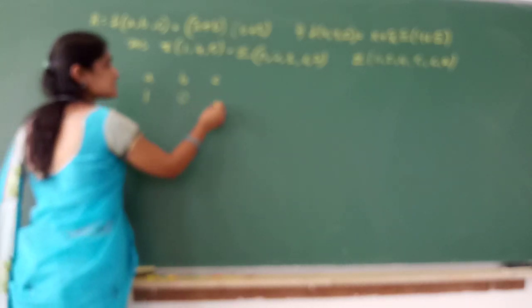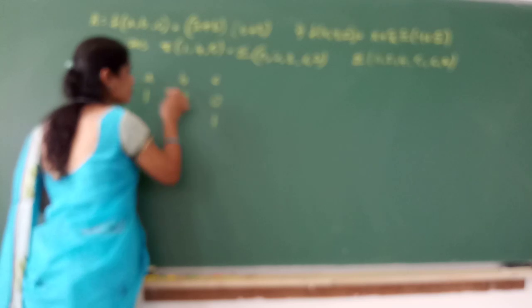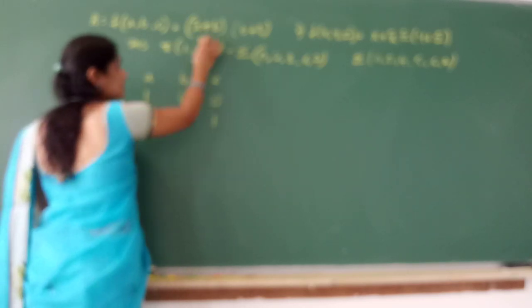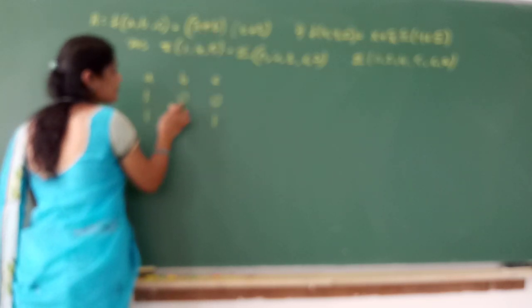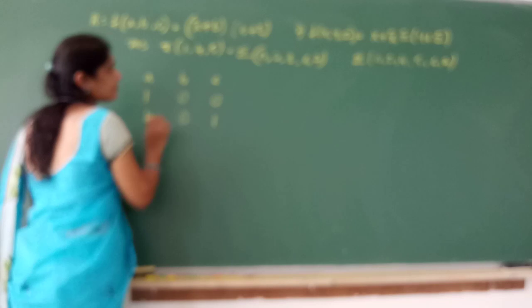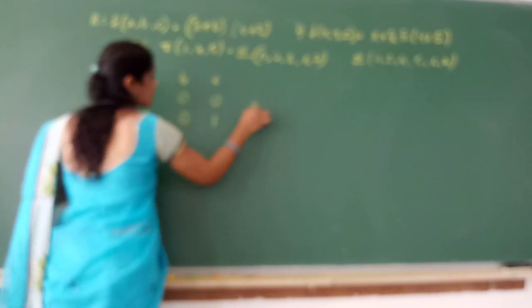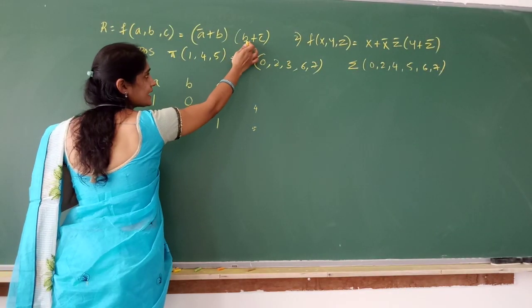What is C? C can be either 0 or 1. But what should A and B be? A and B should be 1, 0 only. That is the meaning of the first sum term. So A bar, B, and C can be either 0 or 1. What is the decimal equivalent value for this? 100 is what? 4. 101 is what? 5. Now take the second sum term.